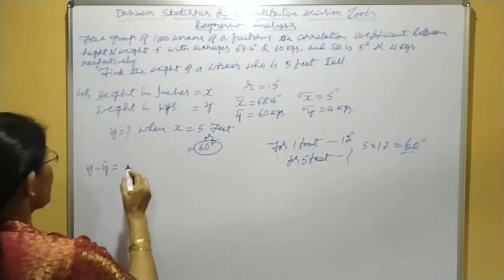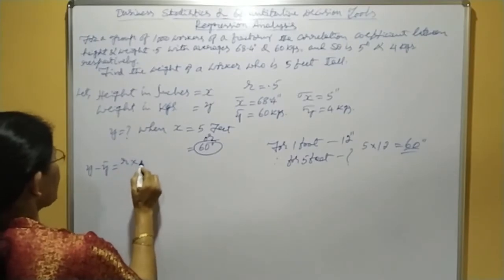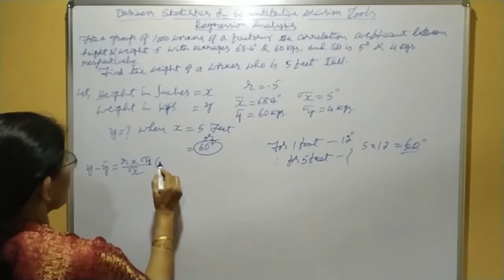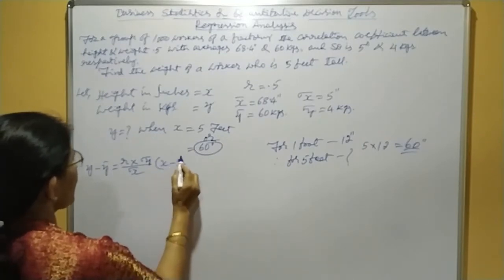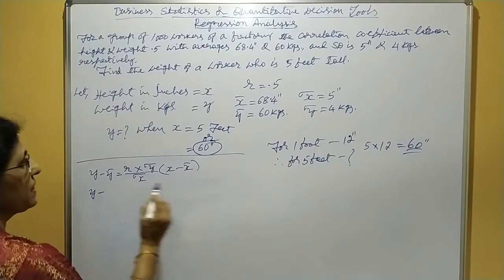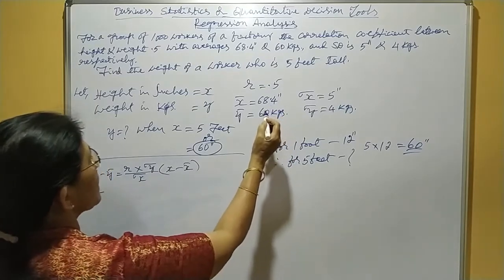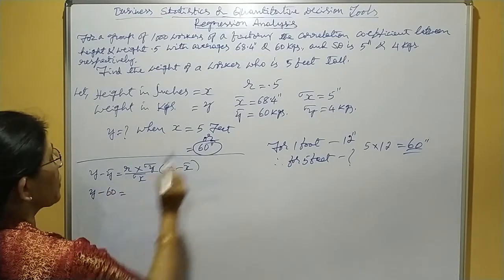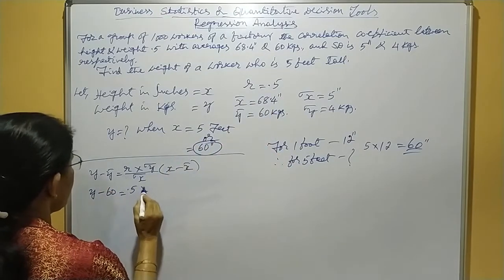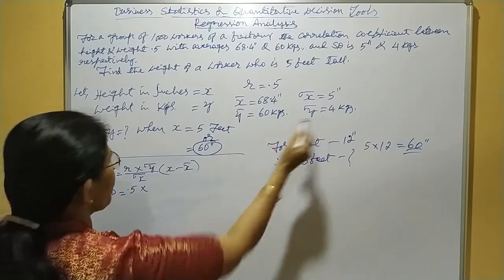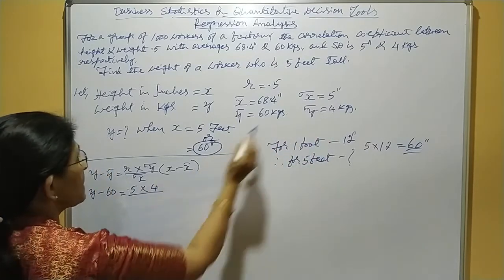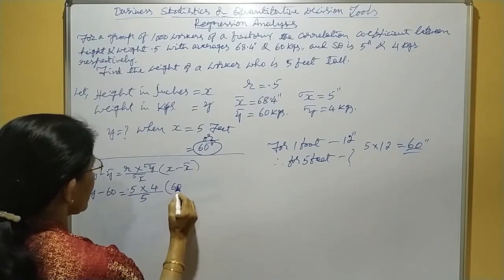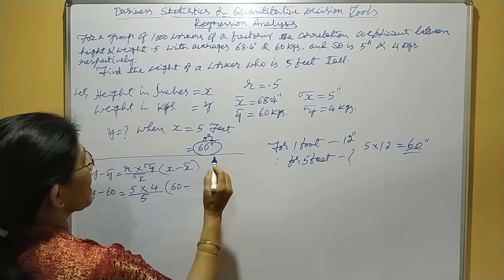when we take it directly, what happens? r into standard deviation of y divided by standard deviation of x into x minus x bar. y minus y bar is 60, you need not take kgs, just take the number, equals r 0.5 into standard deviation of y 4 divided by standard deviation of x 5 into x value, take directly here itself, 60 minus x bar